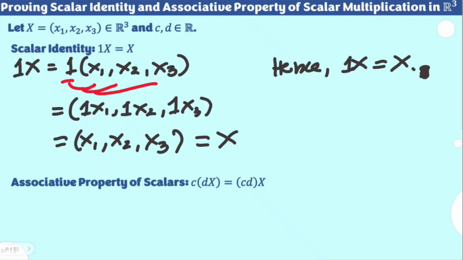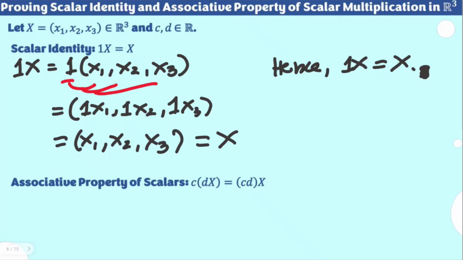With this, we have shown that 1x is clearly just equal to x. And this holds for our R3 vector space. Meaning, you can simply use 1 and multiply it with any vector, and it's the vector itself. Or the other way around, if you see any vector in R3, understandably, it has a numerical coefficient of 1, and all the components therein also have a numerical coefficient of 1.